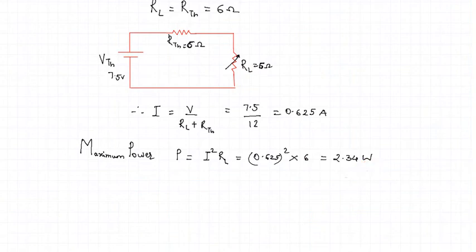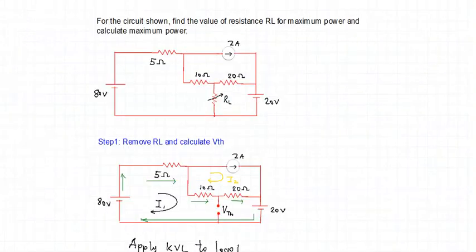In the next example, we have been asked to find the load resistance as shown here. The network comprises two sources, an 80 volt voltage source and a 2 ampere independent current source. And we have been asked to find the load resistance RL in such a way that these network elements can deliver maximum power to the load.